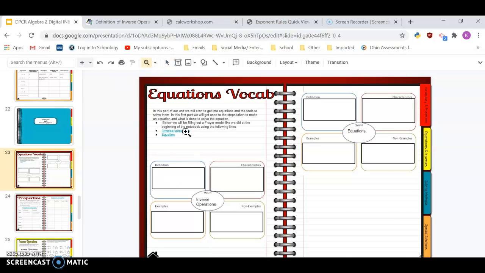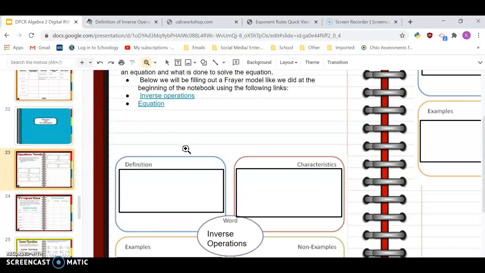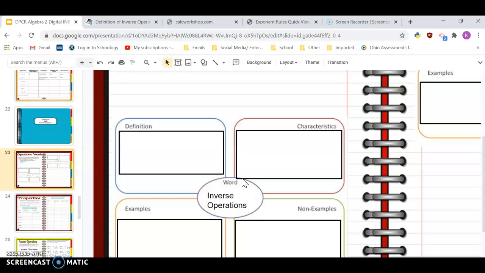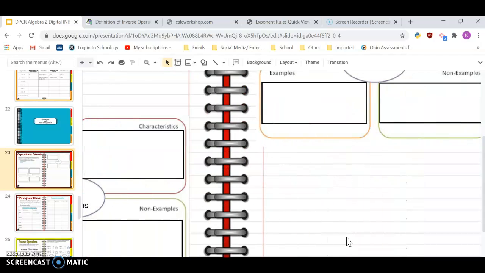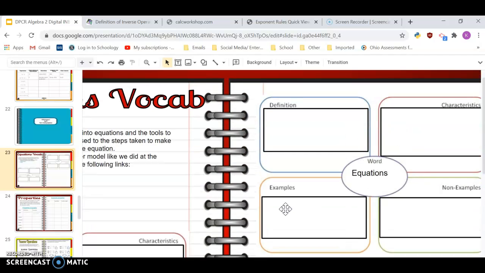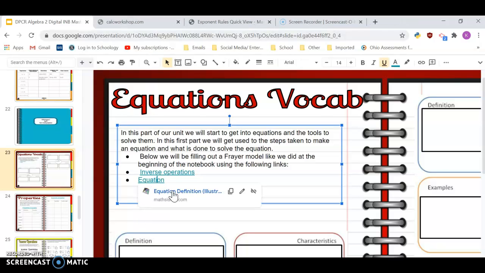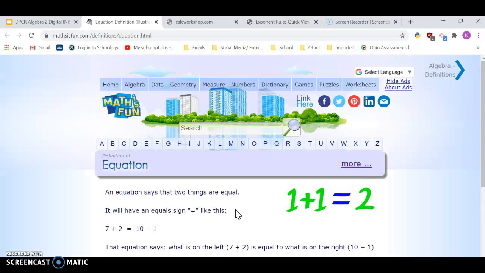Now, unlike our last part of the unit, we're only going to deal with these two in this method. So, we are going to be dealing with inverse operations and equations as our words. And just like before, I'm giving you links to where you would be able to find the definitions. So I'm going to do one of these with you, and you're going to do the other one on your own, okay? So let's pull up the one for equation,